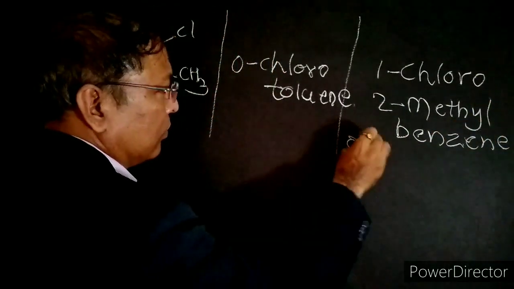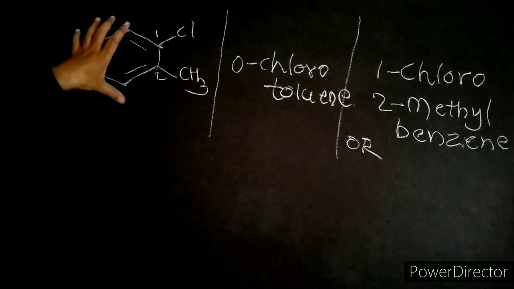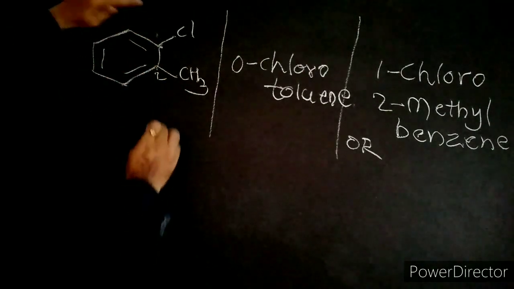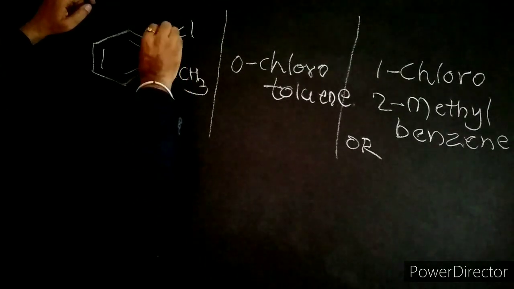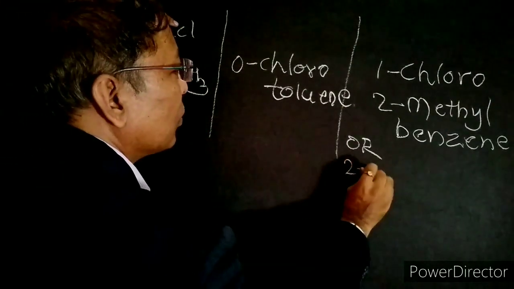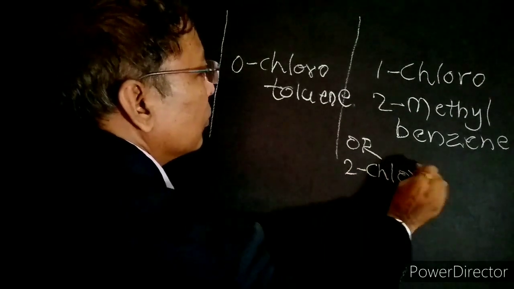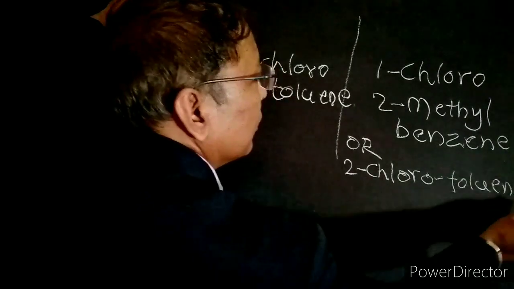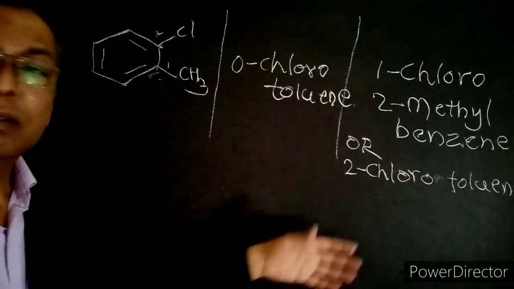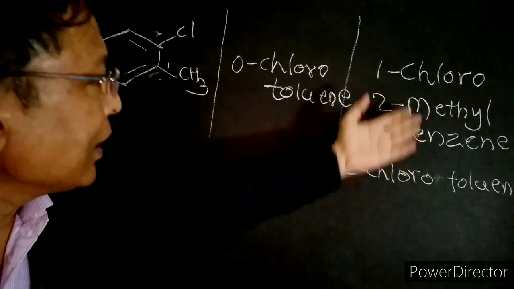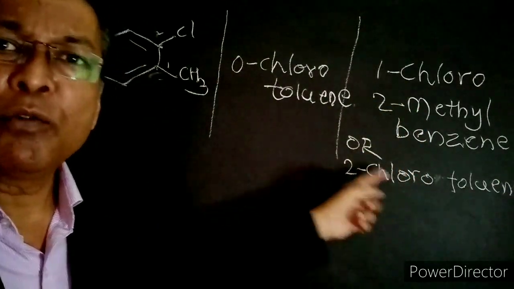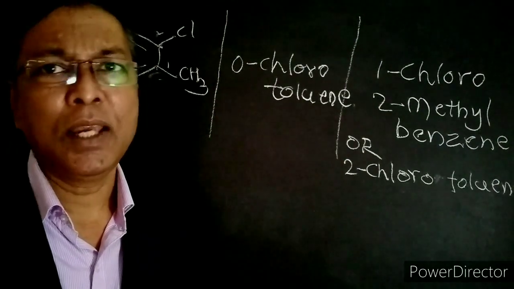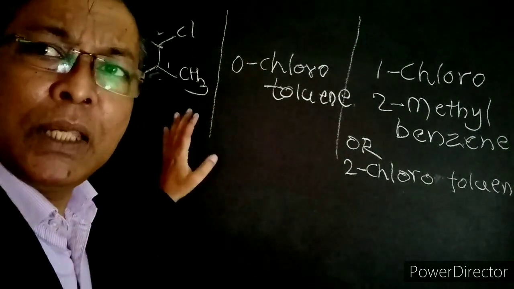or if we consider benzene with the CH3 group as toluene, then we start numbering from here, 1, 2. Therefore, 2-chlorotoluene. This is the other name. Both names are valid for this compound. This example is present in the NCERT book. From this example,